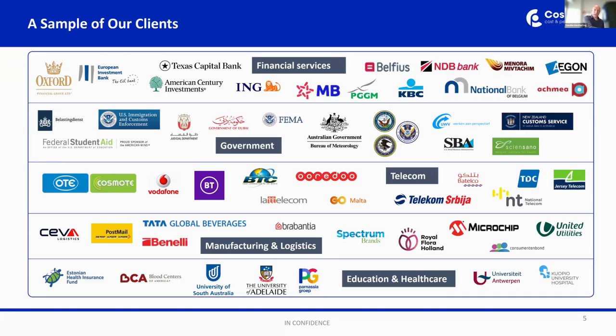Because now we have all these clients all over the world, and I gave this example of just 4 simple layers, but our average client has about 10 different layers where they would allocate their costs from and to, and our most sophisticated client has gone as far as 200 layers plus. I wouldn't necessarily say that helps in transparency, but technically not a big issue. And as you can see, we are good in financial services, government, and others. But the first 3, financial services, government, and telco, are by far our biggest industry. They make up 75% of our revenue nowadays, with all the other industries making up the other 25%.